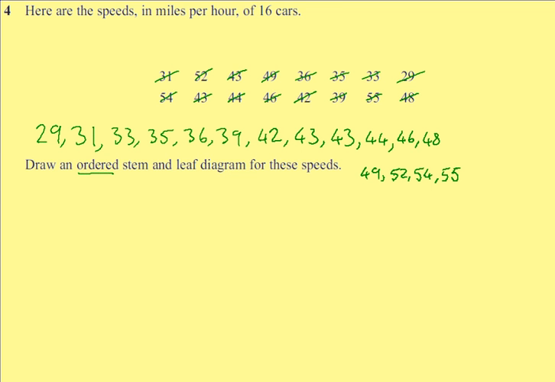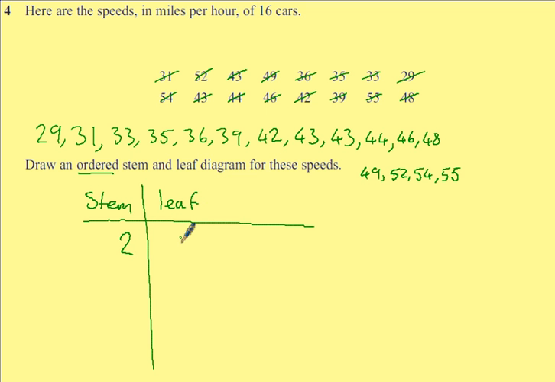Okay, next up it's my stem and leaf diagram. So over this side I'm going to have my stem, and on the far side I'm going to have my leaf. Now I just rewrite my numbers into my table. So the first number I've got is 29, then 31,